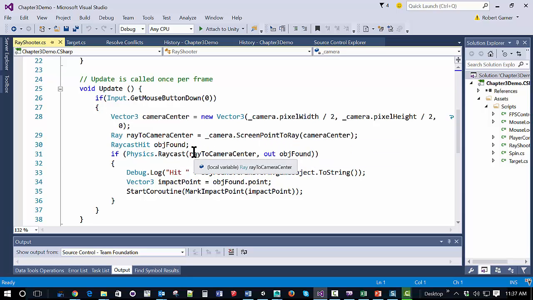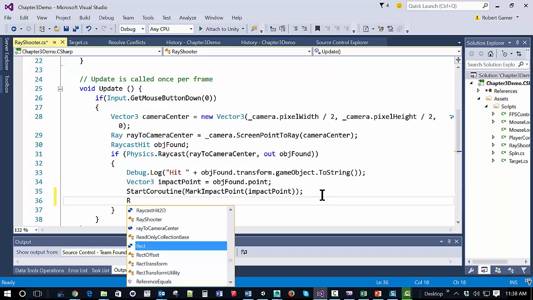And so here we have the area where we actually find, or where we actually respond to our target. And we're going to get a reference to the script inside of the target if it exists. So we're going to say